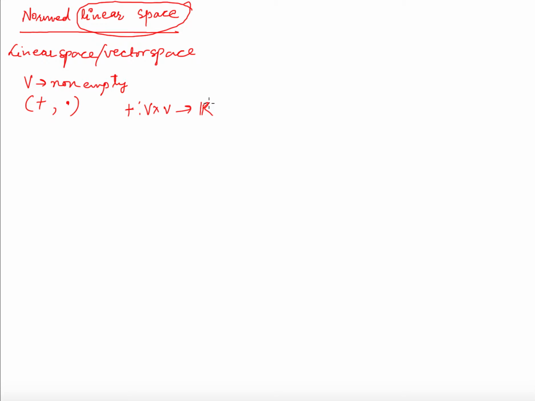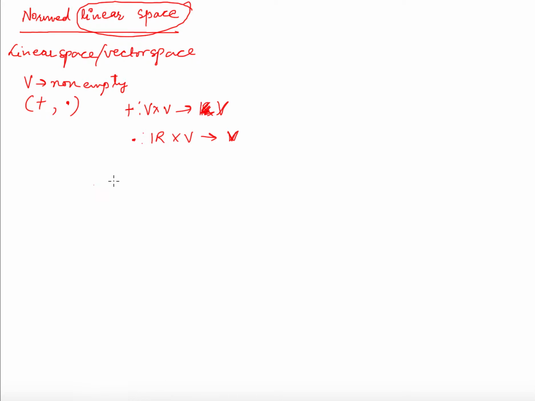I'm sorry, this is not R, this is V cross V to V. So basically, this plus is a binary operation on V. You are taking two elements from V, applying this operator plus, and you are again getting an element of V. And this operator dot is from R cross V to V. So you are taking an element from R, the set of real numbers, and an element from V, and this gives you an element of V.